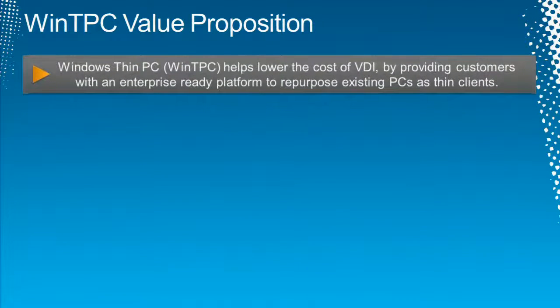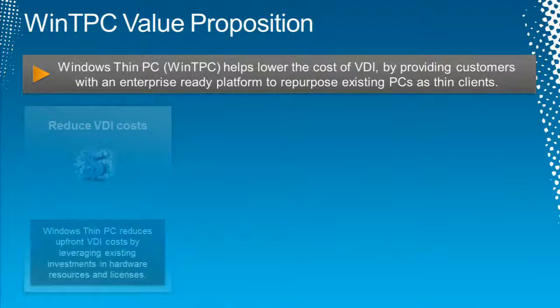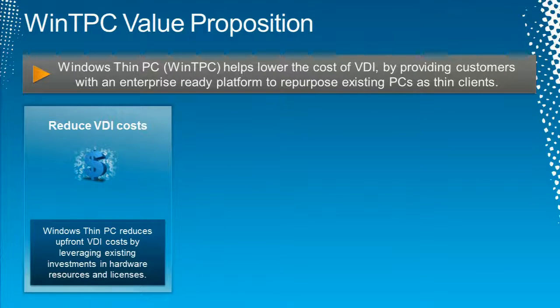And when we started looking at building out Windows Thin PC, we started looking at, okay, what's the value that we want to deliver to our customers, right, to you guys? And number one, you guys want to reduce costs. And we'll talk about, the whole session is titled How You Can Reduce Your Costs with VDI through Windows Thin PC. But the one thing to remember about Windows Thin PC is